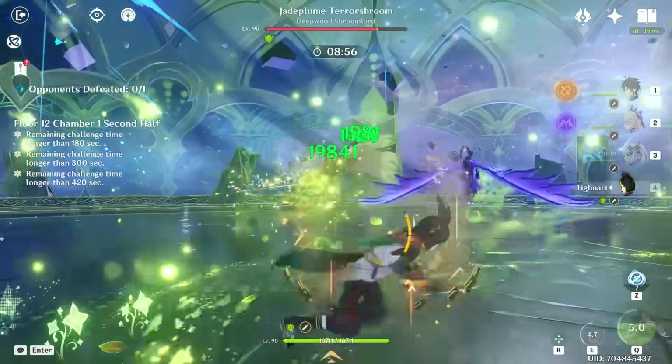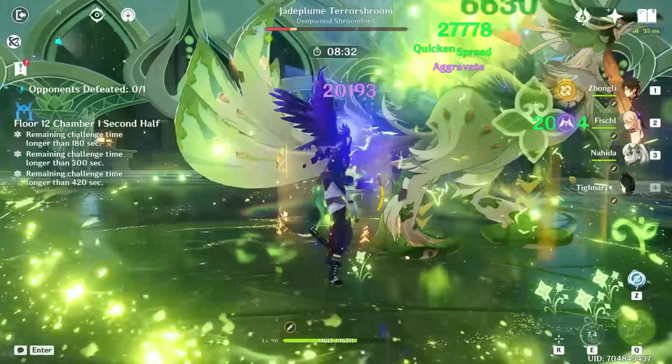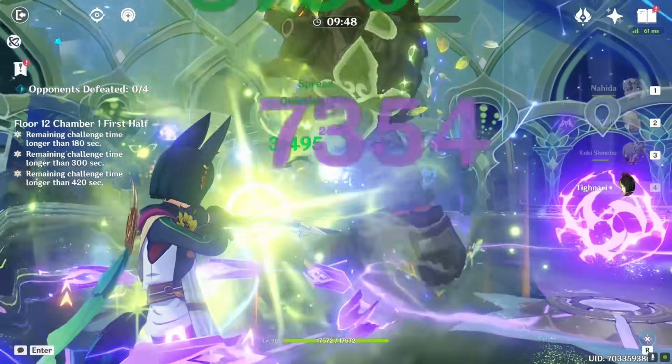The first is a charge attack spam style, just like Ganyu, Tighnari, and other charge attack damage dealers, he has a level 2 charge attack. This attack normally has a very long charge time, but he can shorten it by consuming energy. In fact, during his charge time he will consume energy, and the load up for the level 2 charge attack will become faster the more energy he uses, up to 20 for a single one. By consuming 20 energy, he can make it as fast as 0.3 seconds, which is kinda like Tighnari, basically an